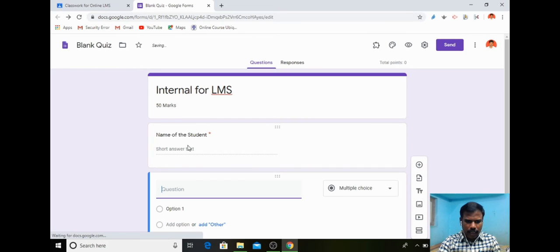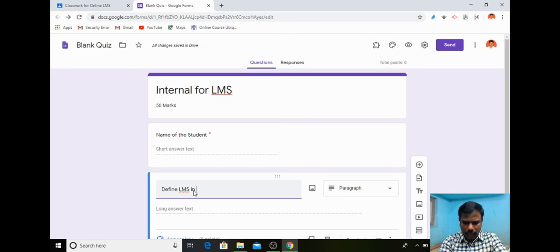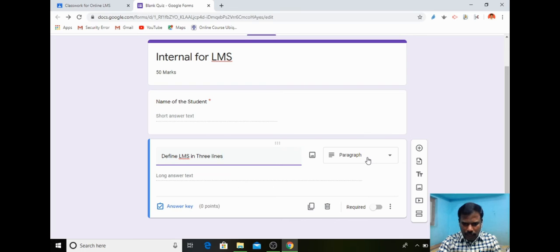So after getting the name, I am going for question 1. Define LMS in 3 lines. So here I am using paragraph, and here there is no answer key. It is a descriptive type question. Whether it is a required field means I can use required.